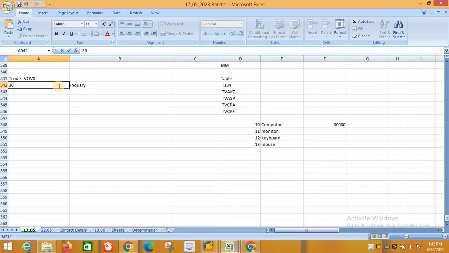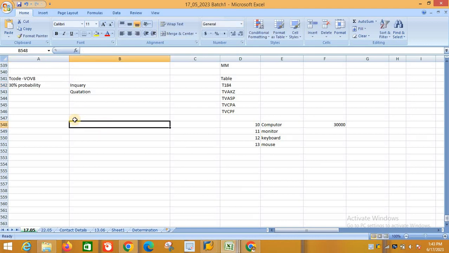Okay, the next is the quotation. So what is the probability? Here 30% probability is there for the inquiry.